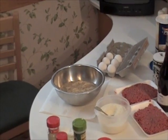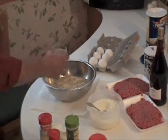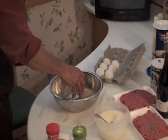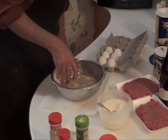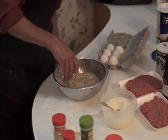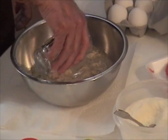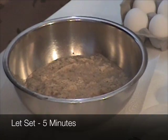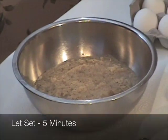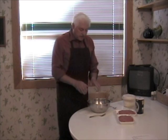I'm going to get some more water. Another 6-ounce glass of water. And again, I just casually put it over the breadcrumbs until I've almost covered all the breadcrumbs. So I've used both 6 ounces of water, and I'm going to let that set for about 5 minutes. All right, now that we've let this mixture stand for at least 5 minutes,